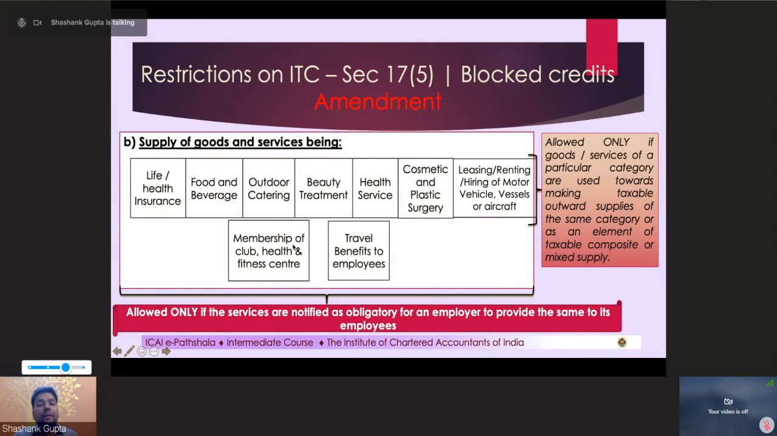Membership of club, health and fitness center, very important these days, but still no GST credit available. Travel benefits to employees. Now, even if they give, nobody will take. But still, because this law was framed prior to GST, no GST credit shall be available. On this entire set,